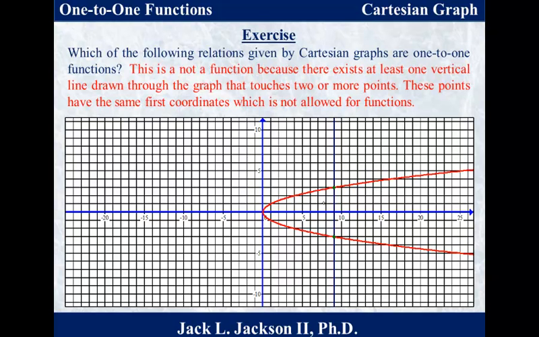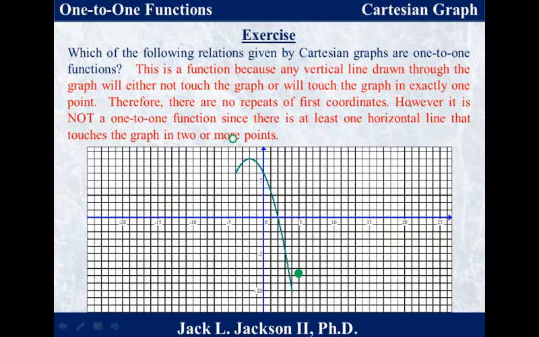So certainly this is not a one-to-one function. Is it true that there's no duplicates in the second coordinate? Yes, it is true on this one, but that's irrelevant because it's not a function. It has to be a function first before you see if it's a one-to-one function. This one is a function, but